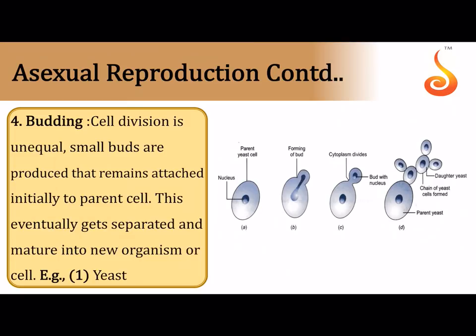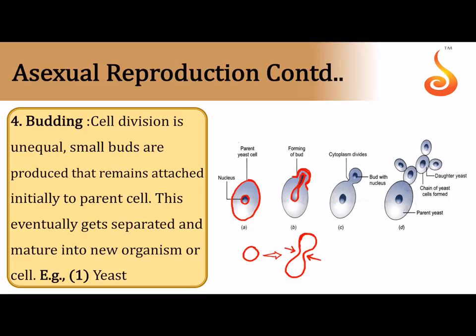Then the next type of asexual reproduction is called budding. So what happens in budding? See here, this is a cell, a yeast cell we have taken for example here. A small protrusion or a projection develops on the mother cell, and see, this is the nucleus. Can you see again the nucleus is becoming dumbbell shaped here? That means the nucleus, which was a simple spherical structure like this, it is dividing into two daughter nuclei by developing a constriction in between like this.